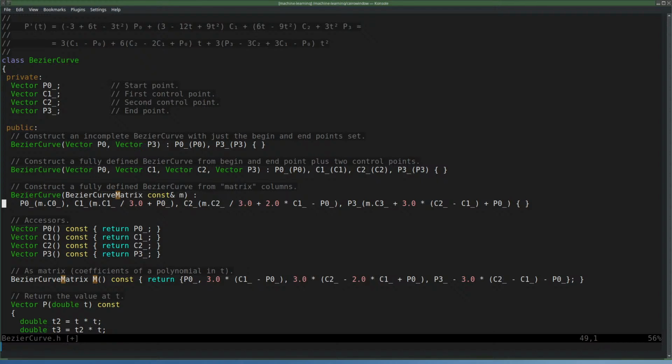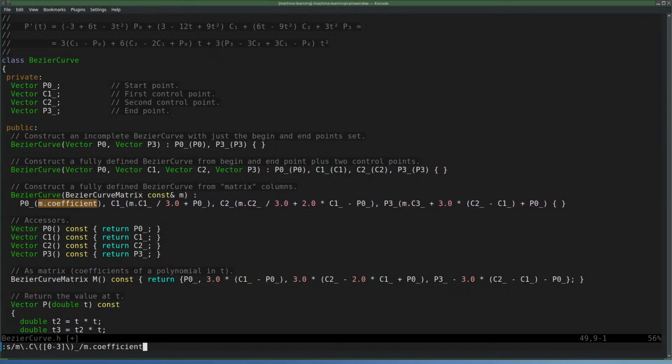And then here you have the problem that I want to substitute dot c 0 through 3, I think is the maximum, right? Underscore with m dot coefficient. Nee,